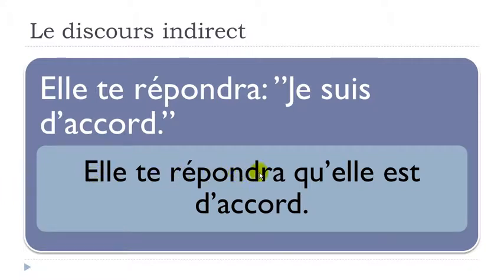Elle te répondra, so we put back these elements here. Qu'elle, okay, as we had previously, because it doesn't change here. It will be que, that, but then you take the e away. Of course, you will have to modify this je and put it in here with elle, et d'accord. The verb, if you look carefully, will stay at the present form. Doesn't need to change here. Even if we've got the future here, it will stay at the present form in the second part. Okay? So the thing is that